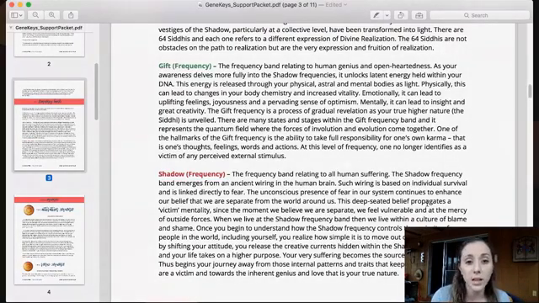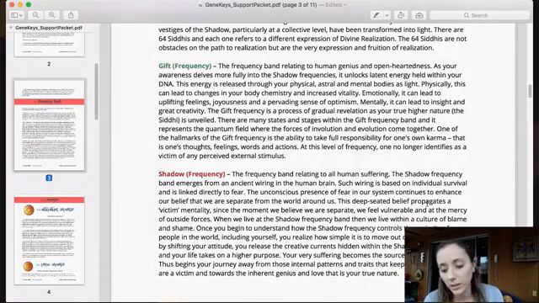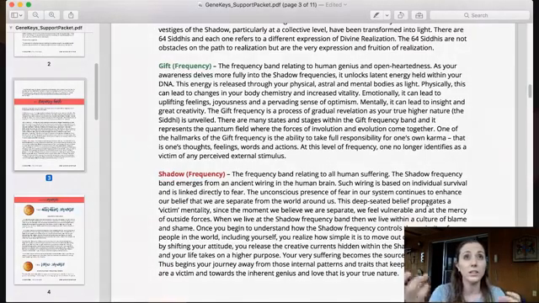And inner peace comes from releasing the victim states. If you feel like a victim, you're going to feel conflict, you're going to feel turbulence, you're going to feel all these different shadow states. But when you're in the gift frequency, it's where you start tasting that divine inner peace, and you can finally be at ease and relaxed with your life because you're not manifesting and calling in all these experiences